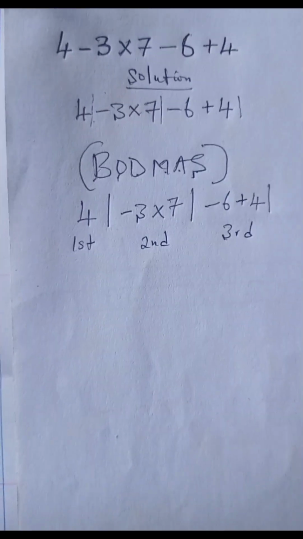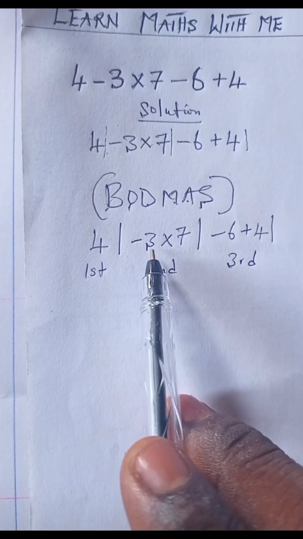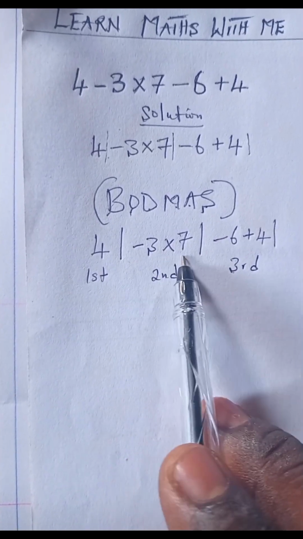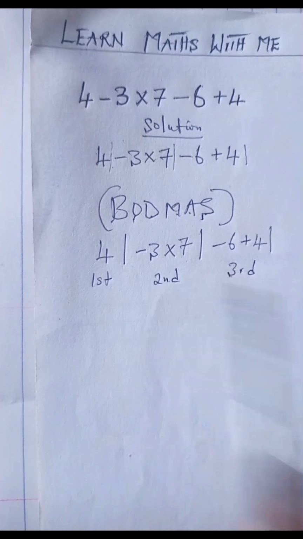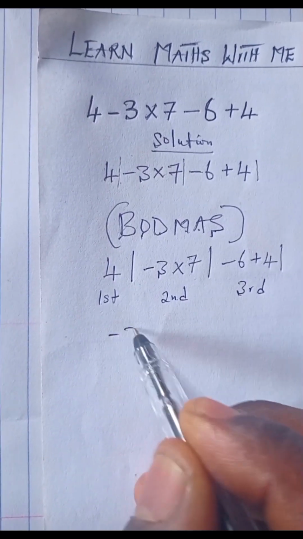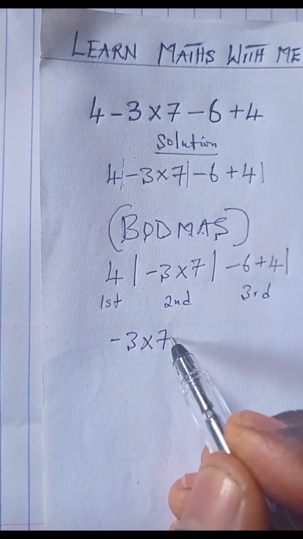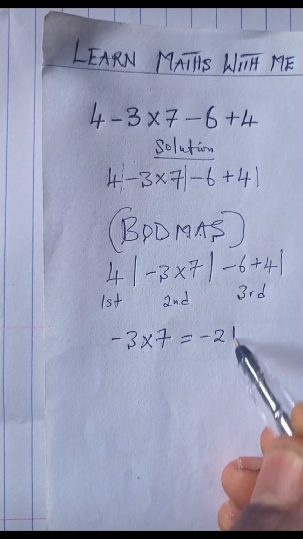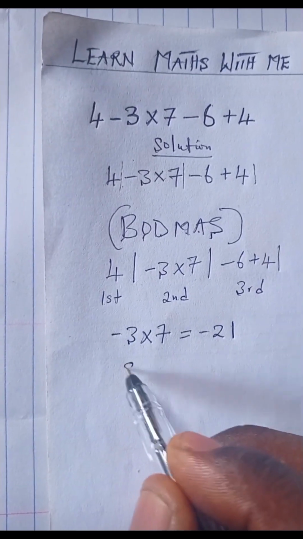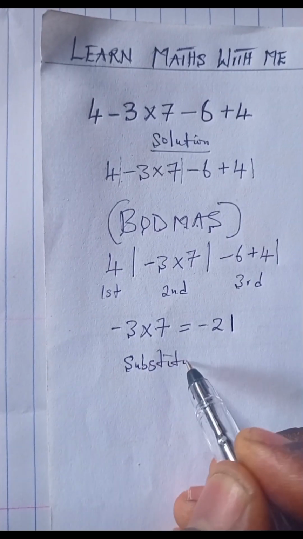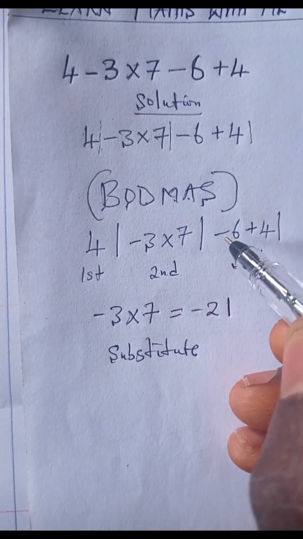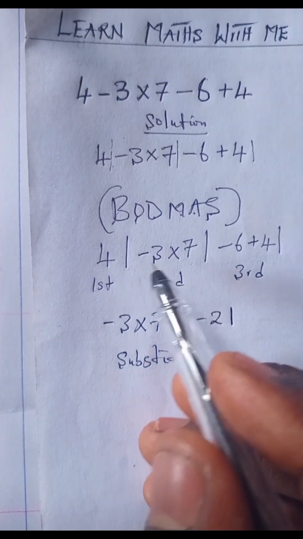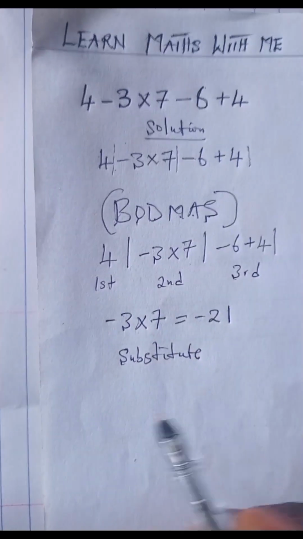So what are we going to do first? Now, since the second part carries multiplication, let's first of all simplify the second part of the equation. The second part of the equation says minus 3 multiply 7. So minus 3 multiply 7 will give us minus 21. Now you substitute into the main question. So if minus 21 takes the place of minus 3 multiply 7, then we have 4